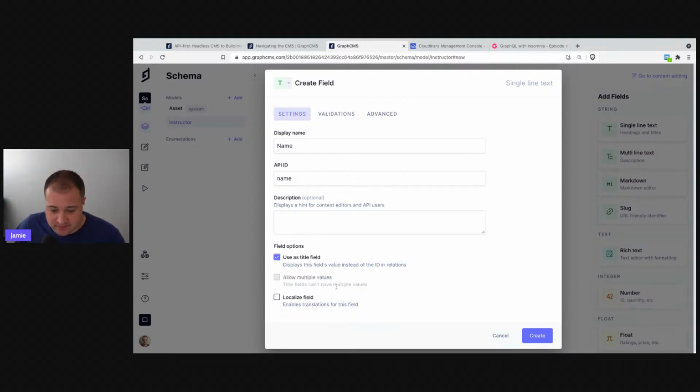Let's set this as a title field. We'll have a look at that. We also cover localization as well, so you can localize certain fields. In this case, I'm not going to have a look at localization today. I'll show you how this works in the UI and how you can add different locales, but we'll cover localization